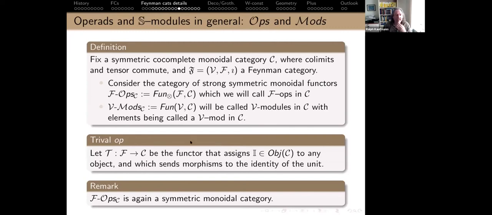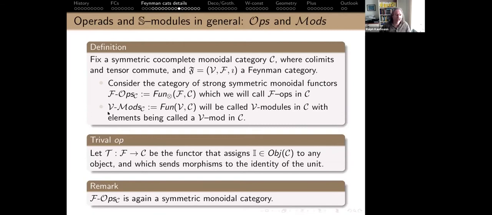There are two pieces of data which I have. I have my monoidal category, so I look at monoidal functors. And if I look at strong monoidal functors, and if I'm symmetric, I look at symmetric monoidal functors. It's easy if I'm not symmetric, I don't look at symmetric monoidal functors. I just look at monoidal functors, but the strong will stay. One can do lax. Actually, that's part of one of the constructions I don't have time for, but if you replace strong with lax, there's yet another construction which gives you a Feynman category so that the strong monoidal functors out of that one are the lax monoidal functors out of the underlying one.